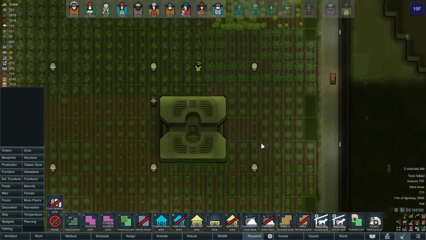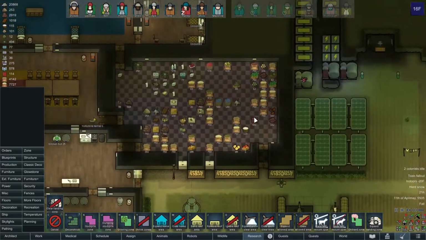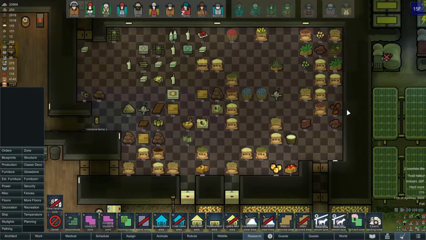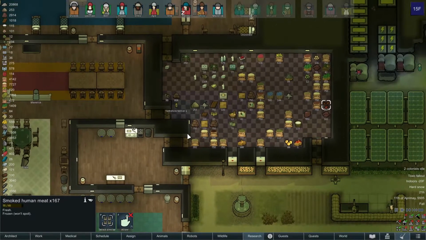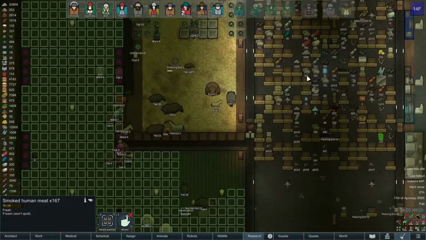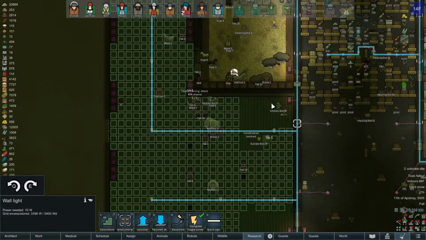So we may have to make this bigger and start growing more legumes. I'm not really sure right now. Ugh, smoked human meat. We need to get rid of this. I swear, sometimes you get the weirdest gifts when people stay. But yeah, so we'll be able to sit here and